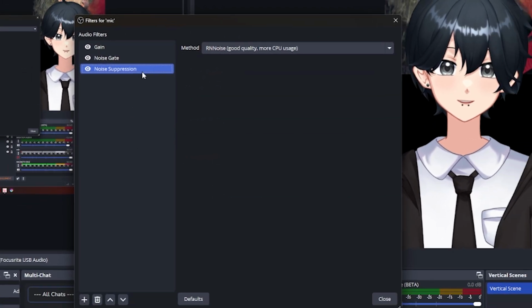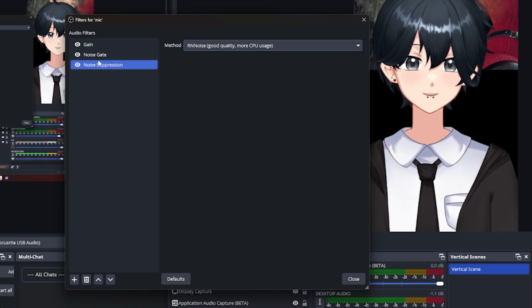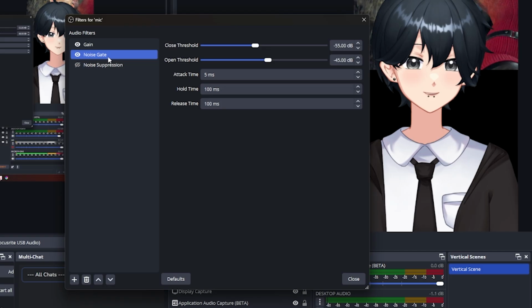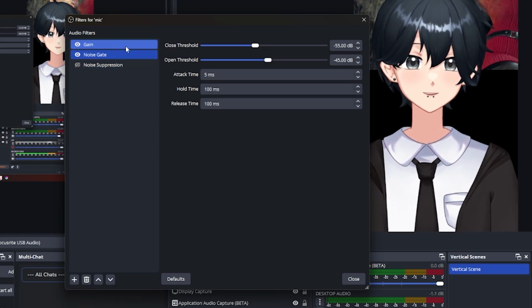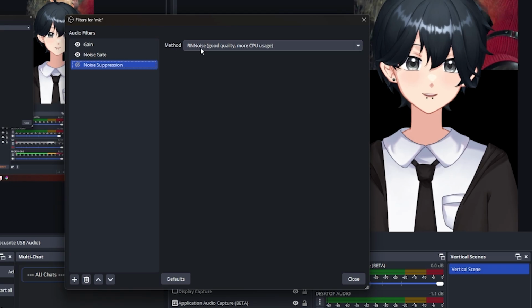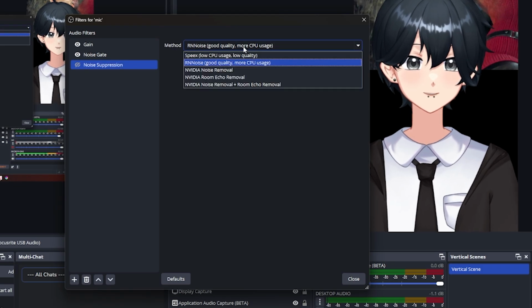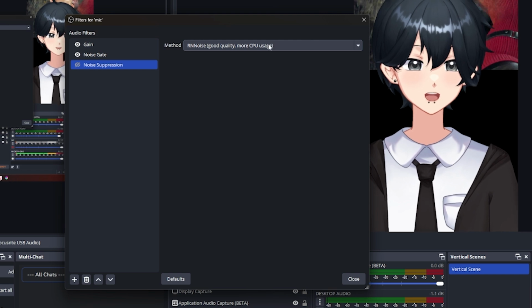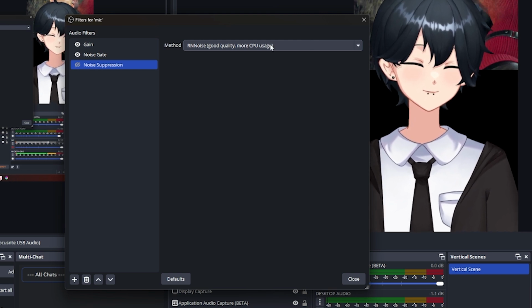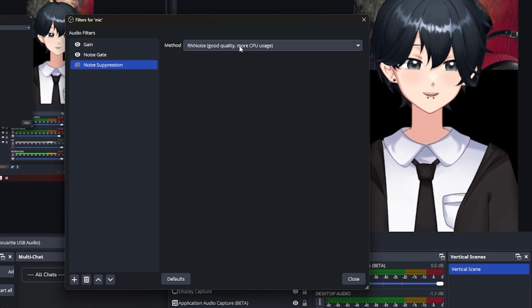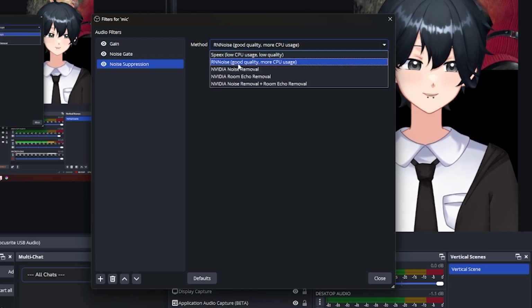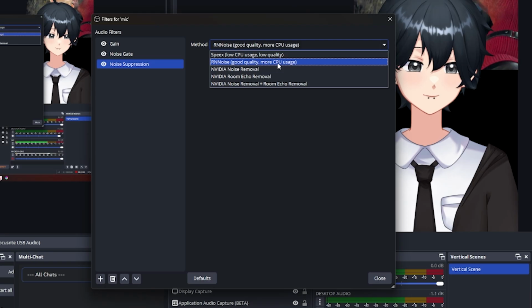So this, again, the noise gate is what the noise gate is doing is that unless you're making a certain amount of volume, it's not gonna be picking up sound. Now with noise suppression, it's a little different. What it does is that basically it's gonna use CPU power to remove noises from your microphone that shouldn't be there. So with noise suppression on, yes, this is good and this will be usable, but I found that for